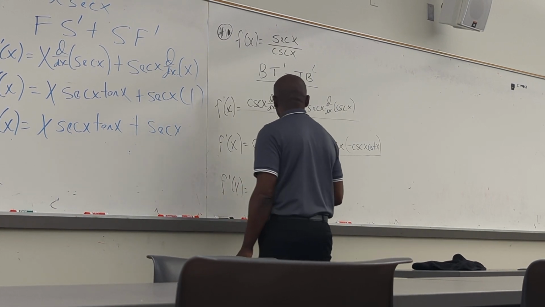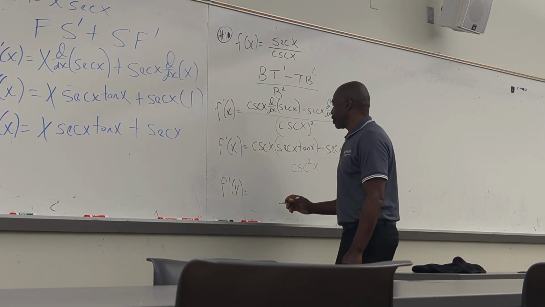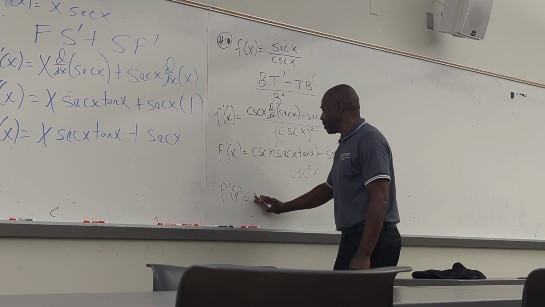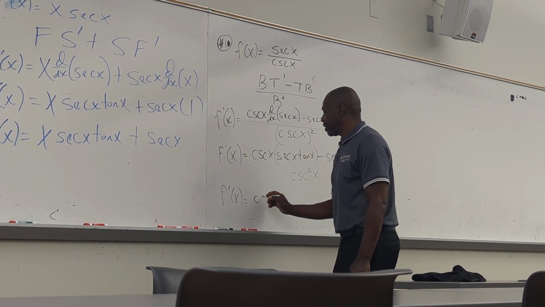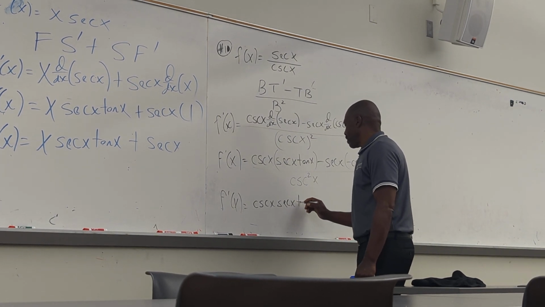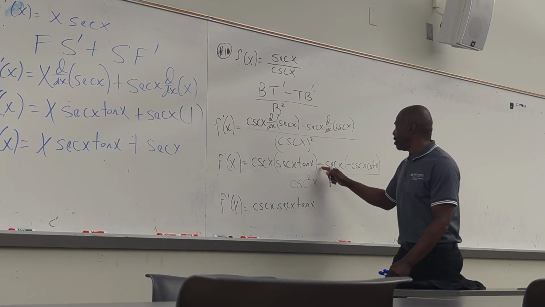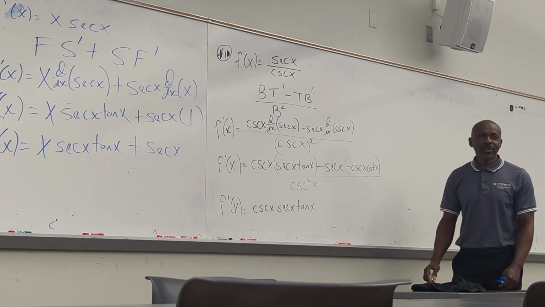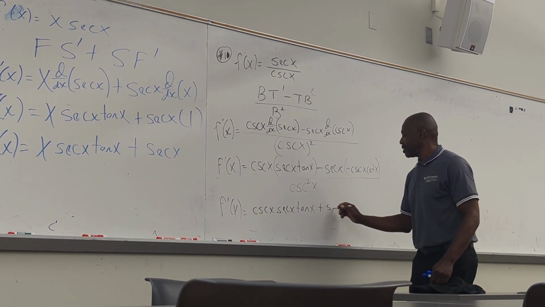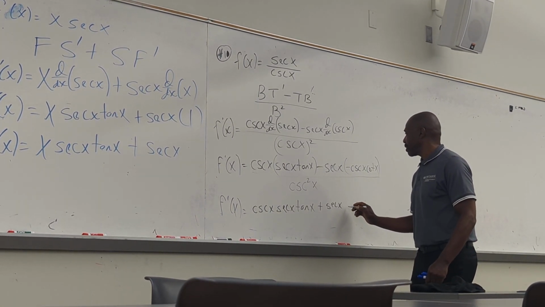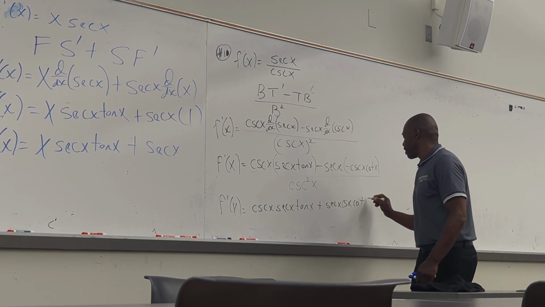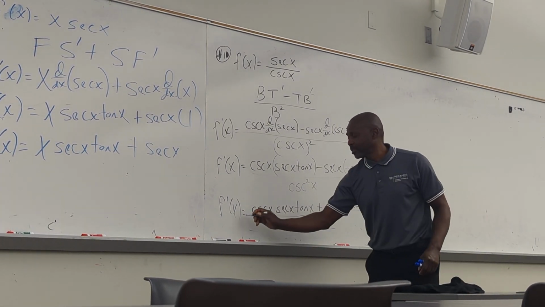So y'all notice on the top, we have, I don't know, which order y'all wanna put these in? Does it really matter? Cosecant x, secant x, tangent x, and these two negative signs will force this to go to what, class? Positive. Plus secant x, cosecant x, cotangent x, all over